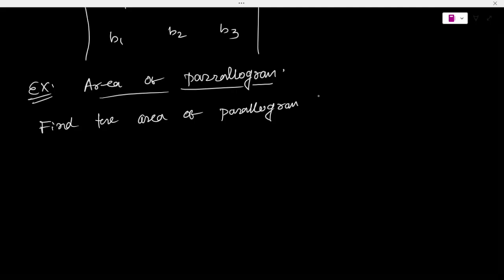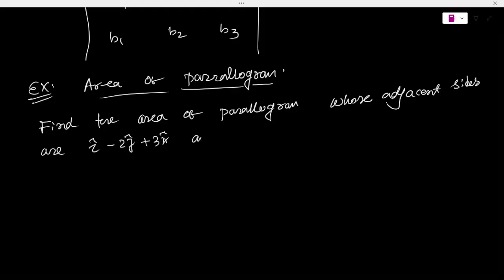Those adjacent sides are i minus 2j plus 3k and 2i plus j minus 4k. So to find the solution, the vector area of a parallelogram